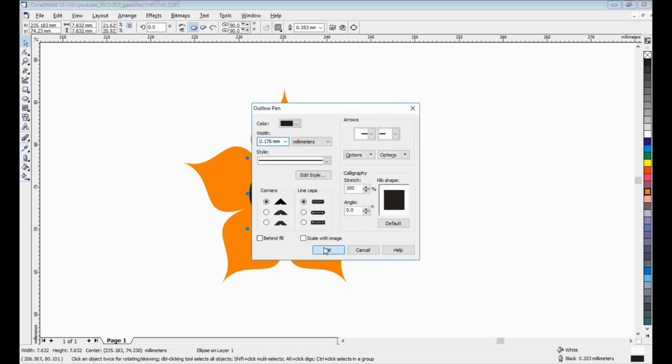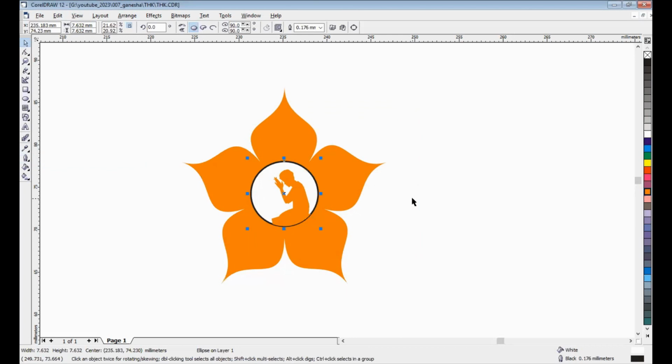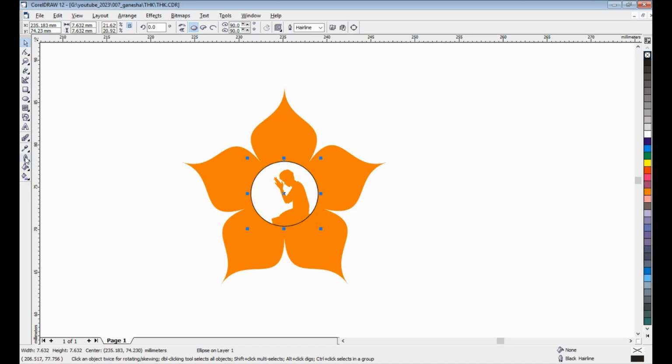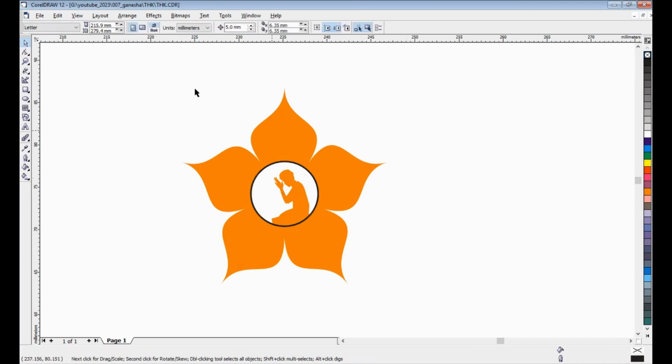Oh sorry, no outline, but we can copy, Ctrl C, Ctrl V, and no fill, and then give it a pen, maybe hairline, sorry, more, maybe one. Okay, and then top, that's it.